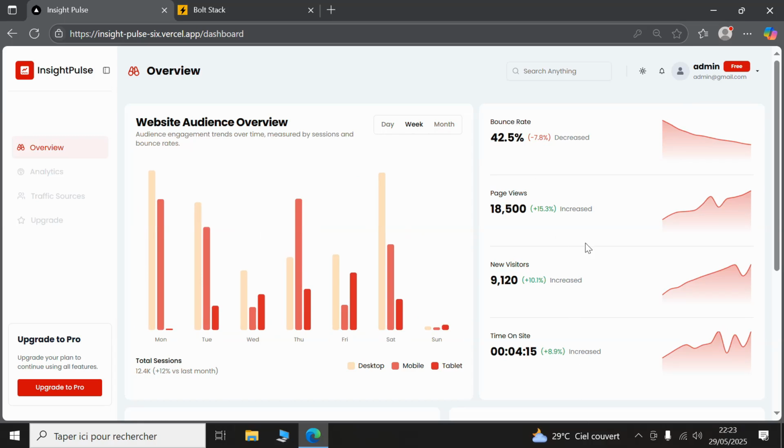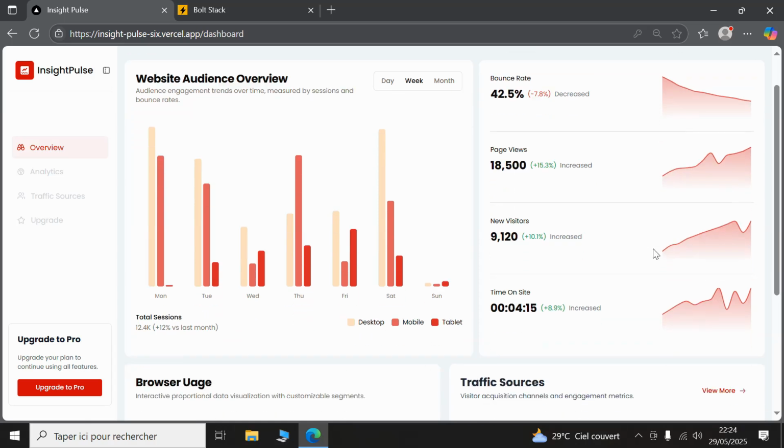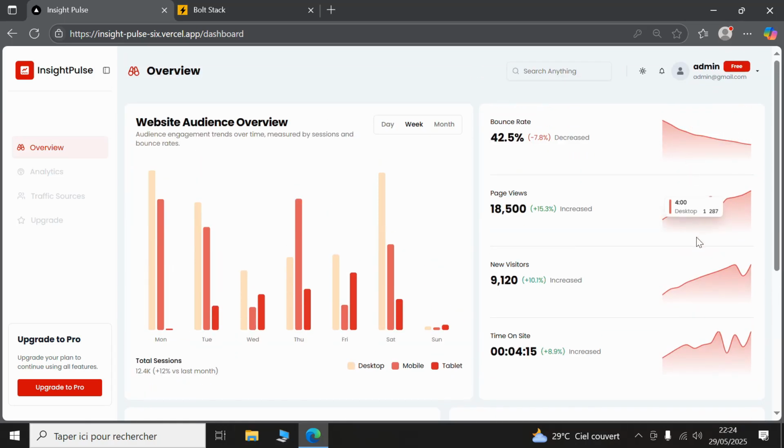So also we have this, as you can see, that changes every time I select one of these elements. And also we have other statistics: the bounce rate, the page views, the new visitors, and the time on site. And also we have these beautiful charts. So there is one chart in the whole project and it is reused